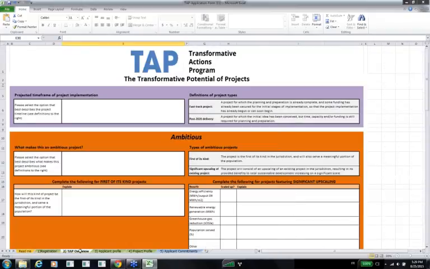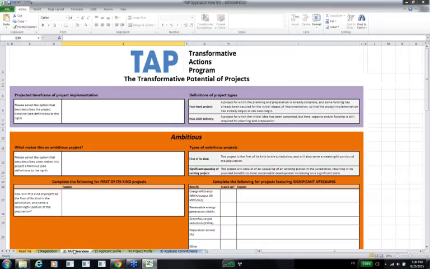So now onto this next tab, that is the TAP Overview tab, and we like to call this the most important tab in the form because it is supposed to capture the transformative potential of your project to show how it fits into the 3 criteria that Annabelle mentioned earlier. The idea here is that by filling out this tab, you will be helping us in the selection process, especially in the first screening of all the projects.